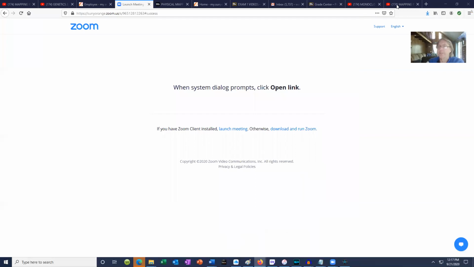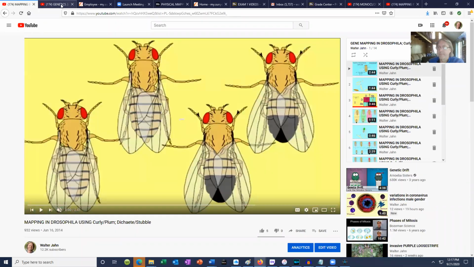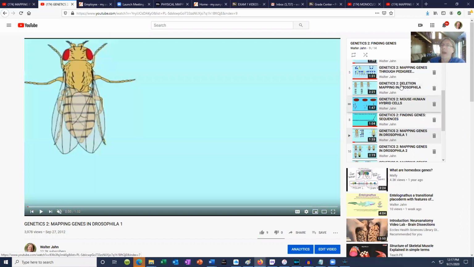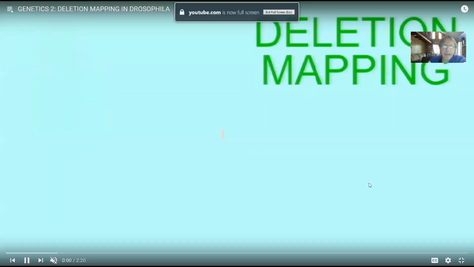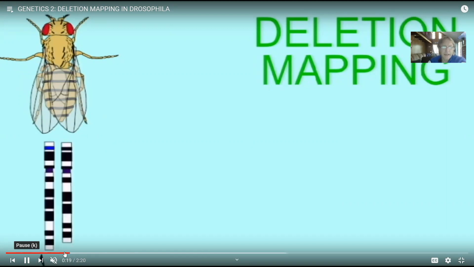Another technique of physical mapping is known as deletion mapping. And just as I had said, some chromosomes have deleted regions. Well, if a mutation is recessive, then it means that in order for a fly to express a mutation, it needs 2 copies. But if you have a copy of a chromosome which has the mutation, and the other chromosome, which normally would have a